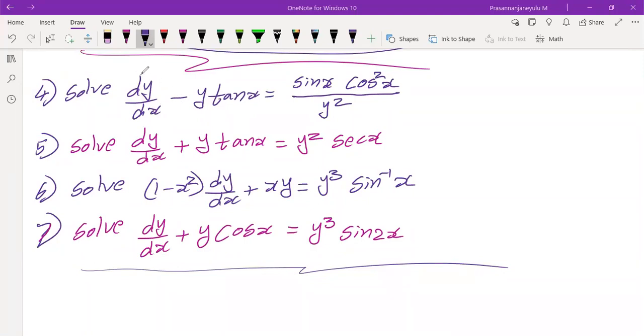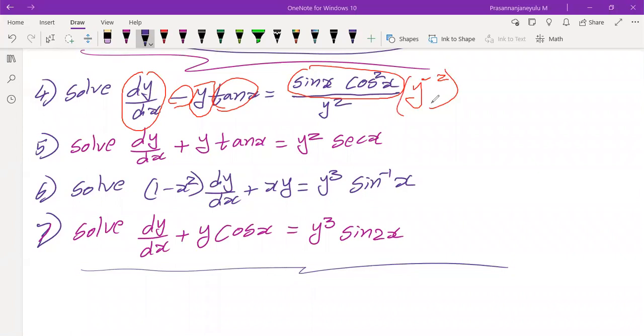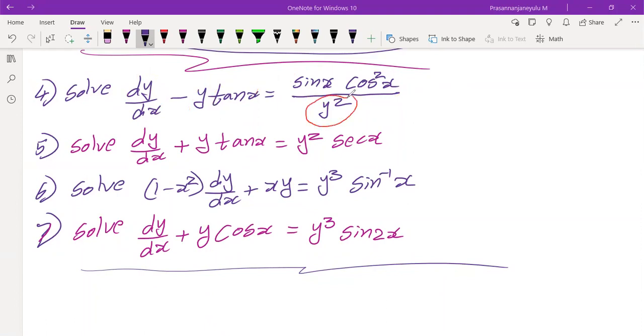Actually, what is our linear differential equation? dy by dx plus p of x into y is equals to q of x. But q of x into y power n is there. What is the y power n value? Y power minus 2. So instead of y power n in the numerator, we are having y square in the denominator. What we have to do now? Multiply with y square. If we multiply with y square, here we'll get y square into dy by dx. This is y cube, and here it's going to cancel.